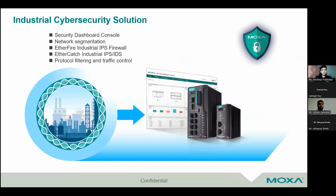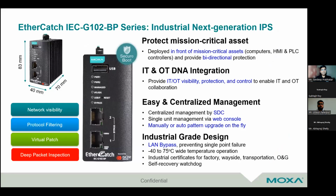Let me talk a little bit more about these three products that are available from Moxa. Now, the first one is the EtherCatch, the IEC G102 product that we have. This is an industrial next generation IPS device. It's used to protect your mission critical assets. It's called the DNA of IT/OT integration. And you will be able to easily and centrally manage these devices